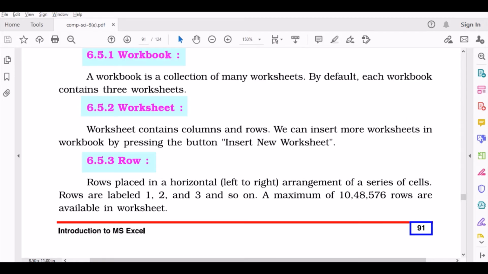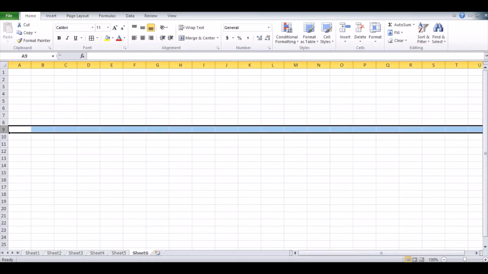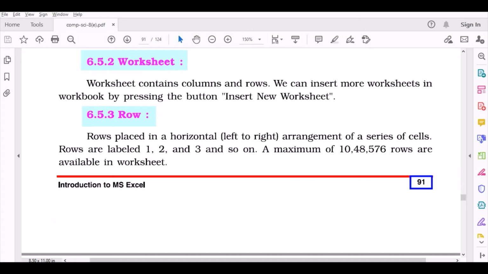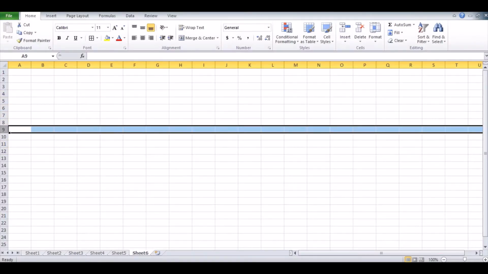What is a row? A horizontal arrangement of cells. This is a row, a horizontal line. It contains this many rows and is labeled as 1, 2, 3, 4, 5, 6 and so on.